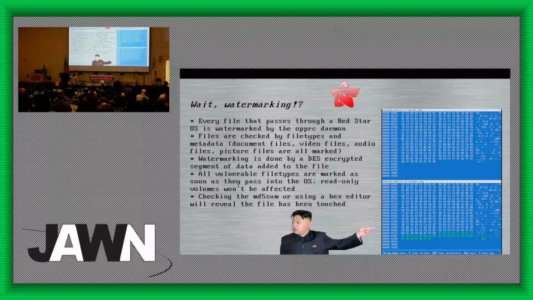It won't affect the plain text file because the watermarking that's done is 31 bytes of DES encrypted data added to the very end of the file. You could probably see on the slide that the green hex numbers are the DES watermark in a file. This is a video file that I did vbindiff on, and you can see the top file is the untainted file, and the green on the bottom marks a tainted file. These are the exact same files; one got tainted by being touched by Red Star